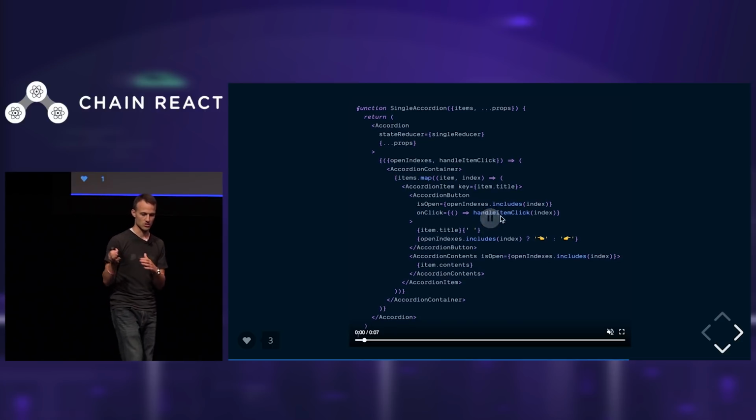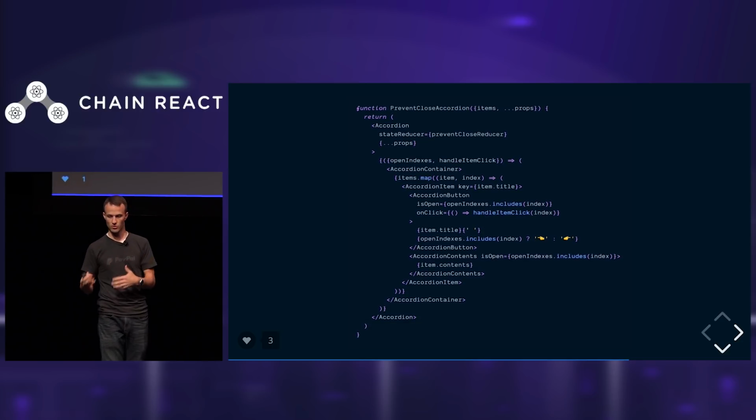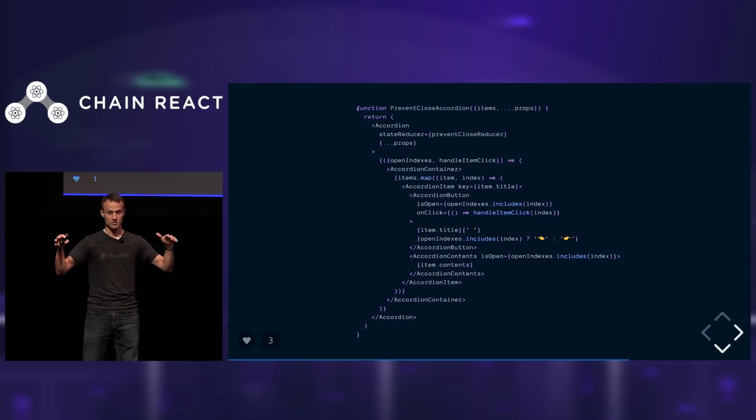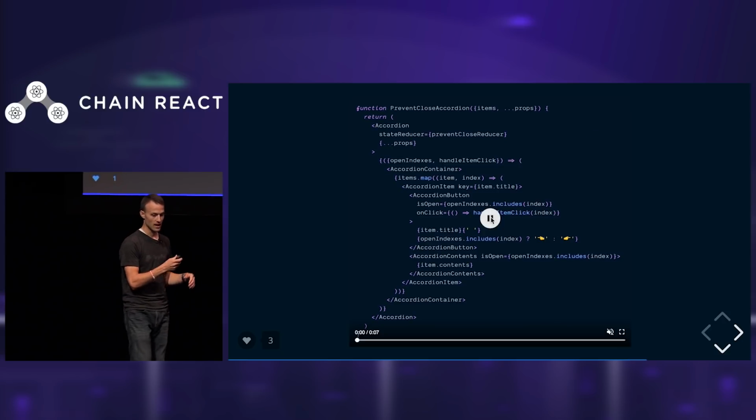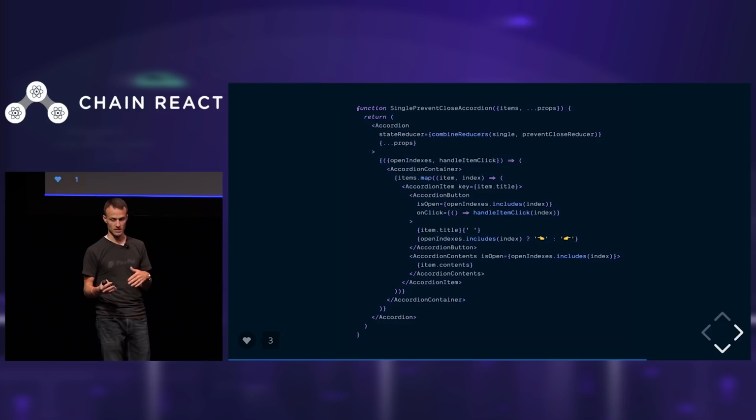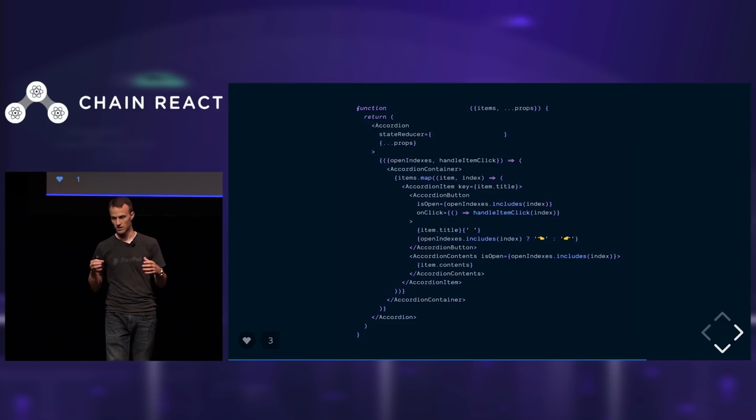And so you say, okay, yeah, just swap that single reducer for the prevent close reducer, and now you're set. And then that person comes and says, I want both. Can I have both? And you say, yes. You write this 10-line combine reducers function, and you can combine the prevent close and single reducers together to get